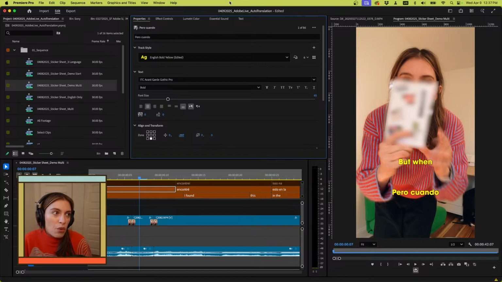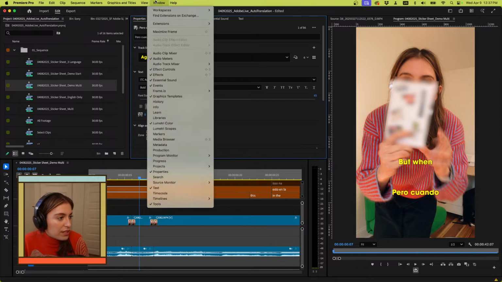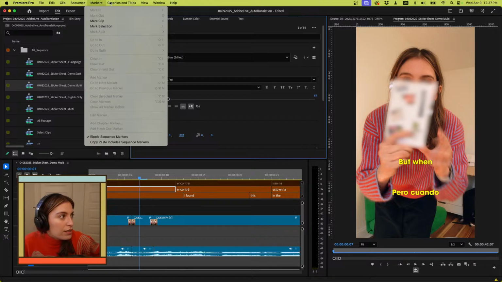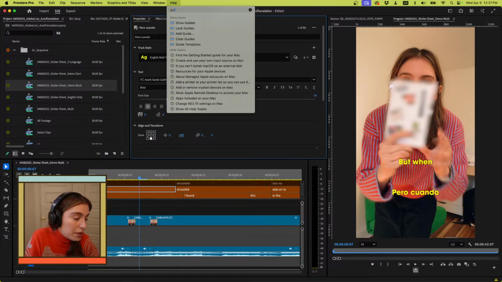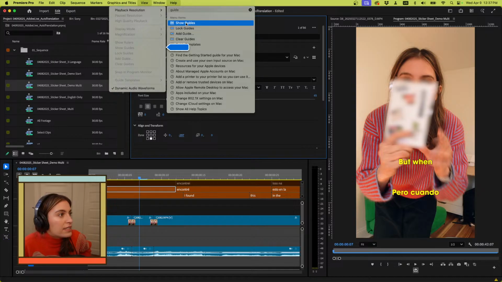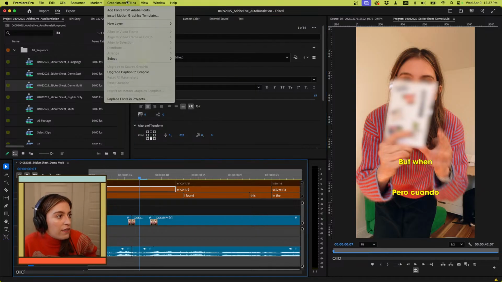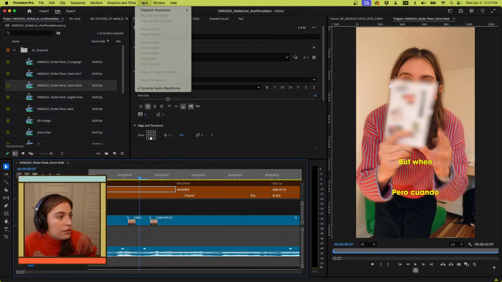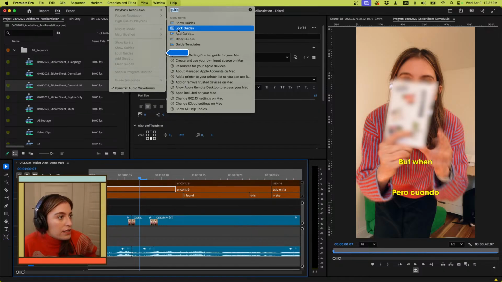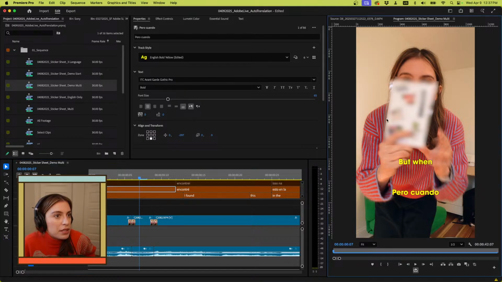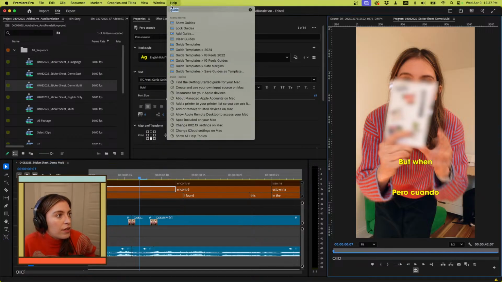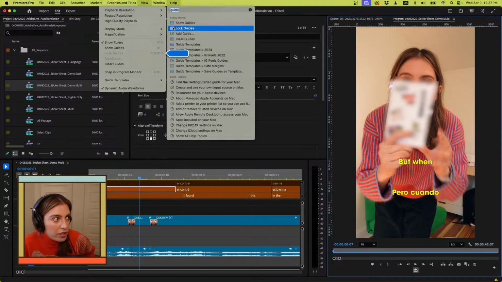You can be more precise with this if you go over to view, hold on. Sometimes I can't find it, but yeah, guides. So if I select the sequence and then I go over to guides, why isn't it showing it to me? Maybe I have to select here. Okay, yeah, you have to have your program monitor selected, but then you can hit show guides,